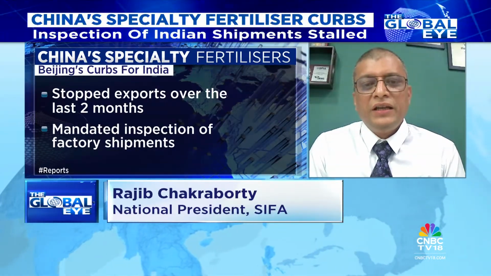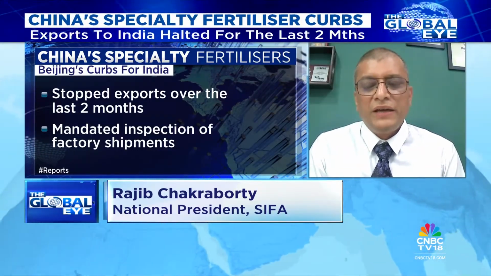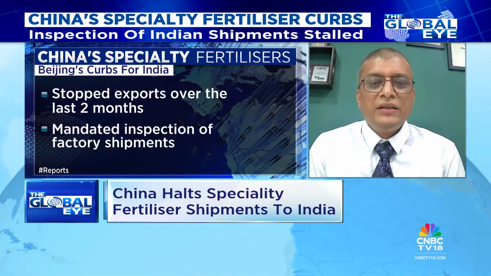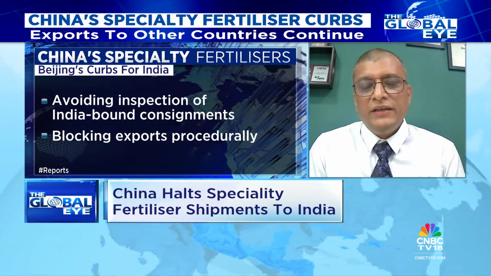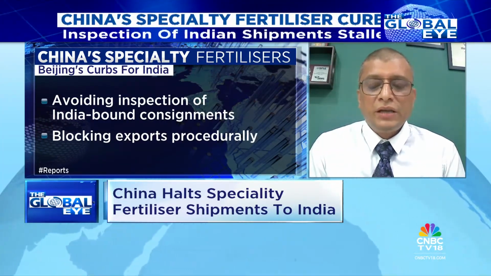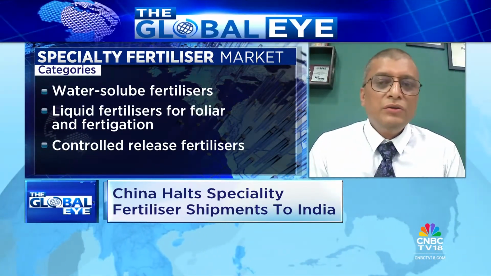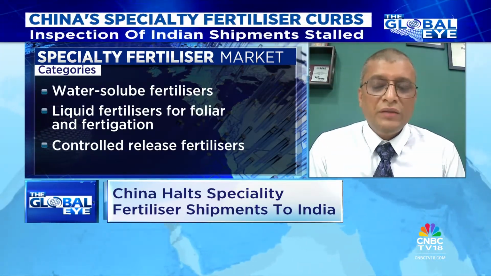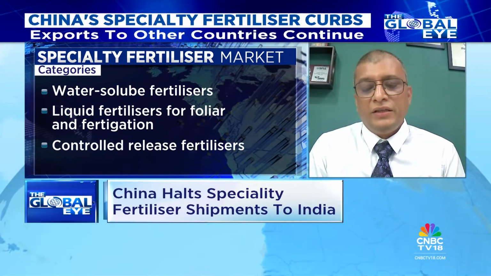For the specialty fertilizer, which is non-subsidized, there are four categories of fertilizers. One is soluble fertilizer, which is the primary nutrient supplier, the organic fertilizer, micronutrients, and biostimulants. For these fertilizers, we are dependent on external sources. India started using water-soluble fertilizer in 1993. The major recognition came in 2002 when the government listed water-soluble fertilizer in FCO, and then onwards, this revolutionary fertilizer started showing its results. It can be seen from the growth in grape cultivation and the success in grape cultivation. It's a great story that is to be narrated, and it is to be followed everywhere.